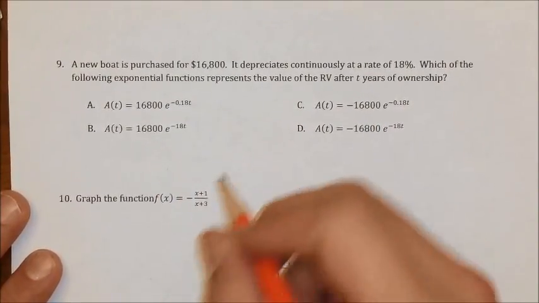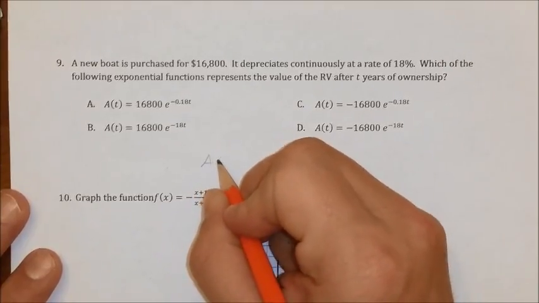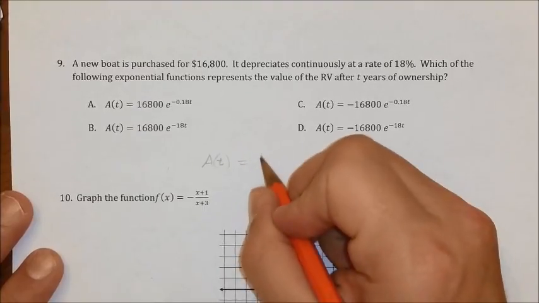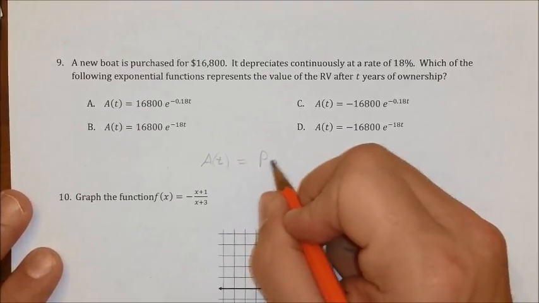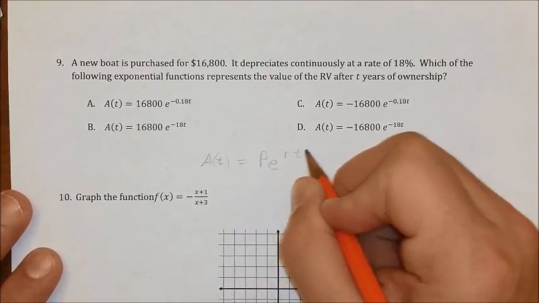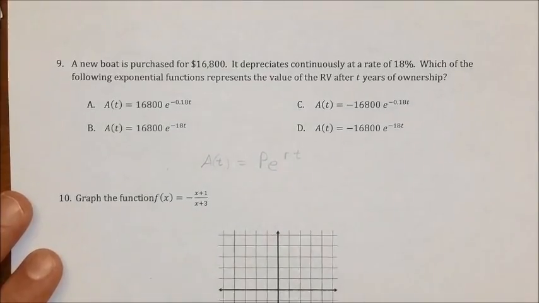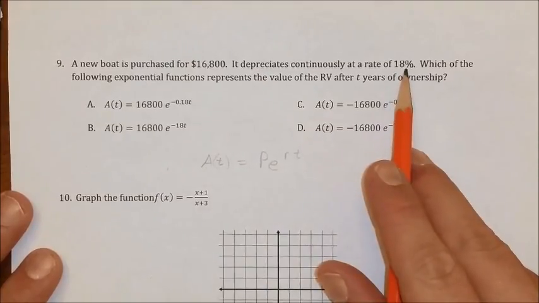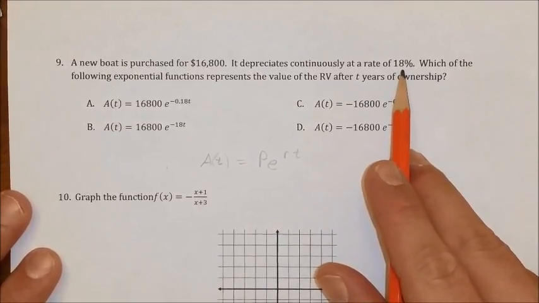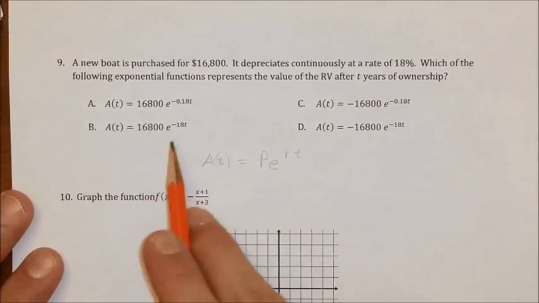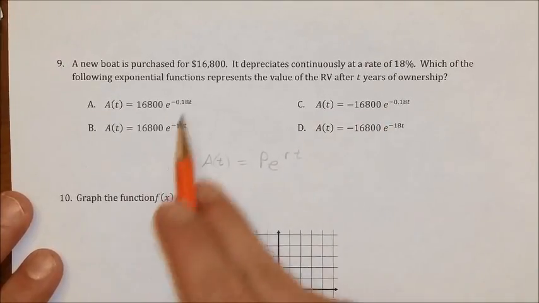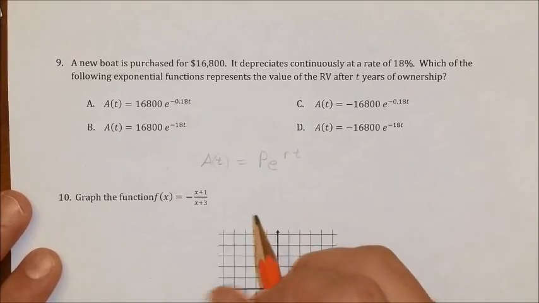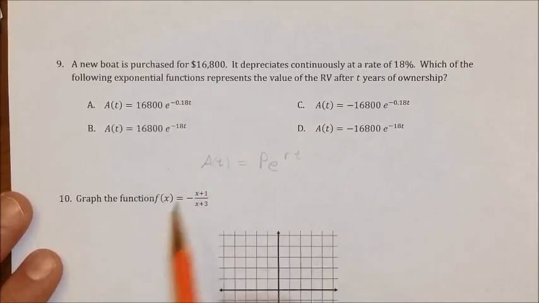And then the equation that they're using is the principal amount times e to the rate times time, or a lot of you guys may know it as the PERT equation. And the rate, if it's depreciating, means we're losing 18%. So you can tell here on each one of these that it is a negative 18 of some sort. And percent converted to a decimal should be 0.18. So looks to me like, since we've already narrowed